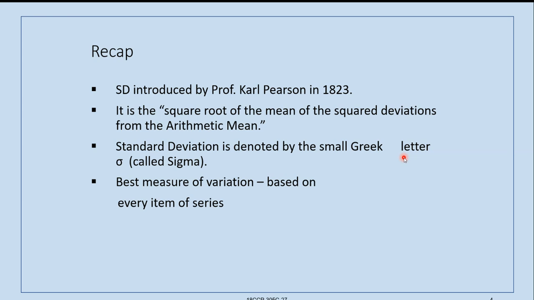So all the three measures of dispersion which we have seen earlier are having drawbacks or demerits which will affect the performance or reliability of the measures. But the fourth method, that is standard deviation, calculation of standard deviation, measures of dispersion.